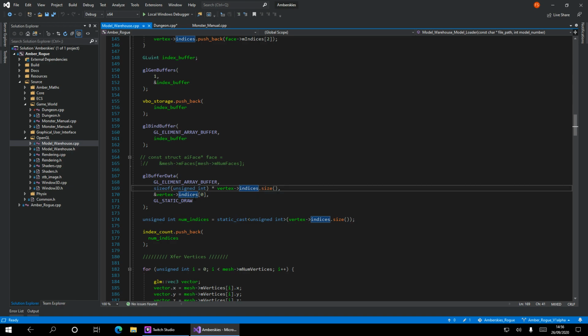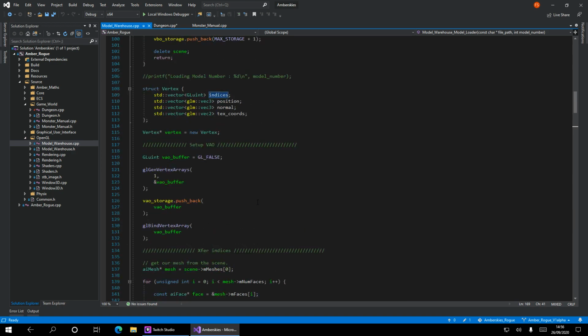And then we tell it where the start address is in the computer's memory, and that then transfers that block of memory over to the graphics card into the block of memory that you have reserved here, or told it to create here, should I say. That's an actual request for creation. And that's what it does.